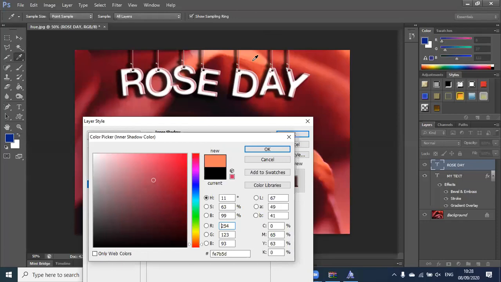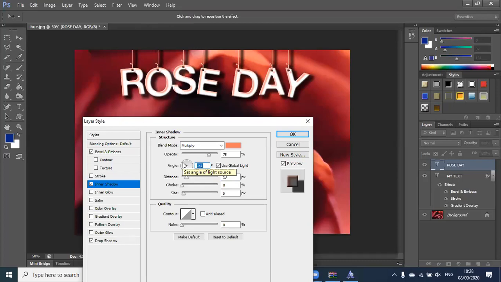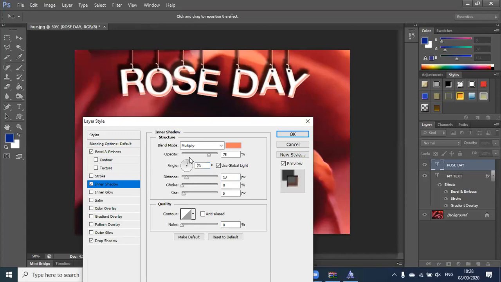Okay, you can pick up a little brighter shade and you can get this kind of an effect as well. And then definitely you have angles. For example, I don't like this angle, I want to keep it on this side, so it'll feel like the light is coming from that side, whichever side you move your angle to. So you can see which effect you like, and that effect would come along.